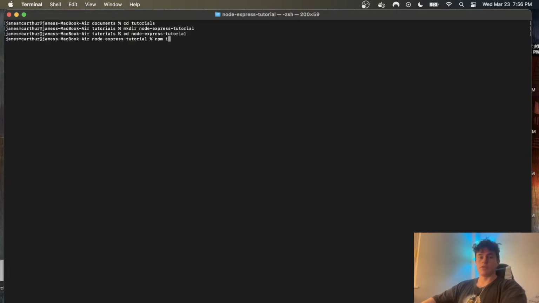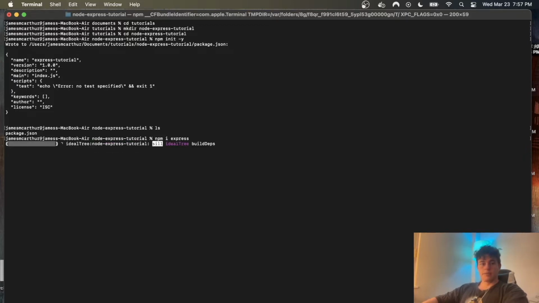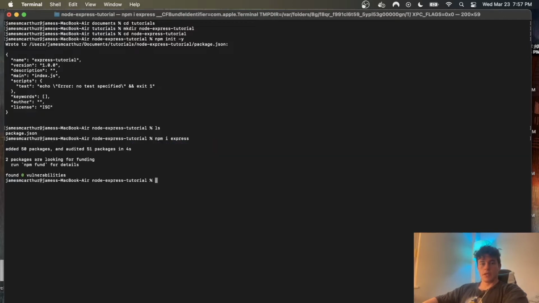So the first thing we're going to do is write npm, node package manager, init -y, and that's going to create us a file called package.json, and that is the basis of the magic. After that, what we're going to do is install the packages that we're going to need. So we're going to go npm install, or just npm i, and for today we only need Express as a package. We'll let that install,